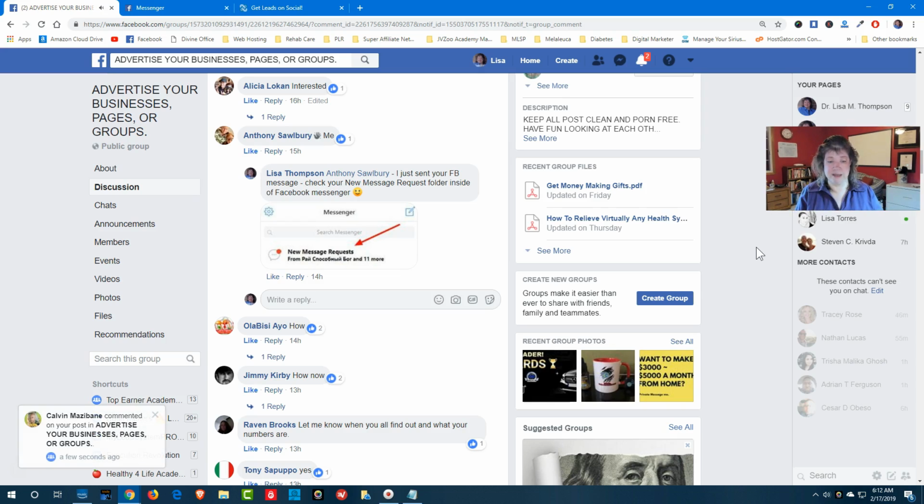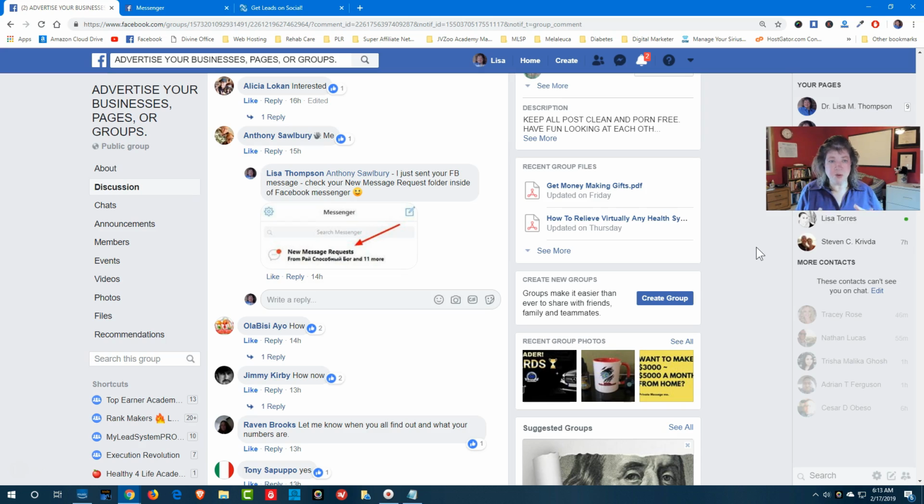When you do this, okay, you're getting them to give you permission. They are telling you, okay? And it's a process because they're raising their hand in the post, and then when you go into the message and you're sending them the Facebook message to ask again, now you're getting the clarification, okay? And this is how you're going to stay in Facebook's good graces.